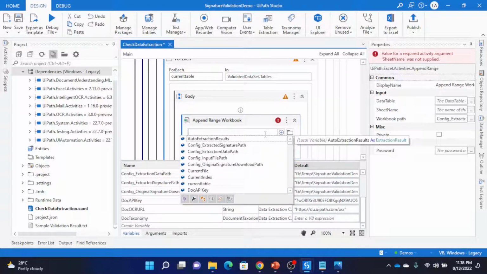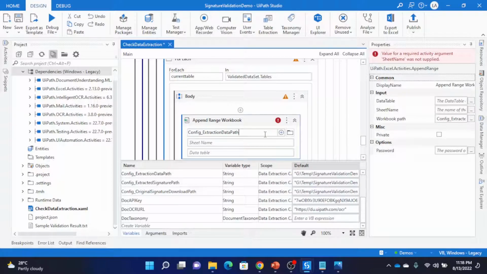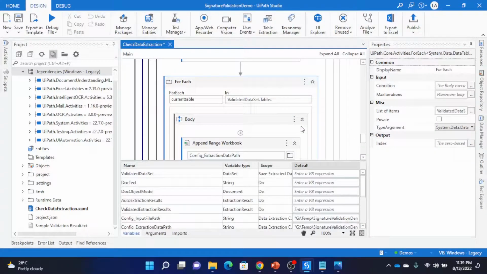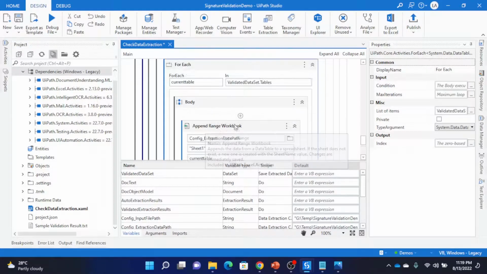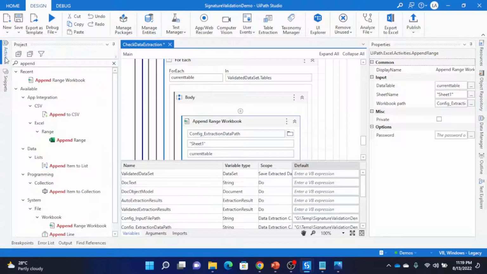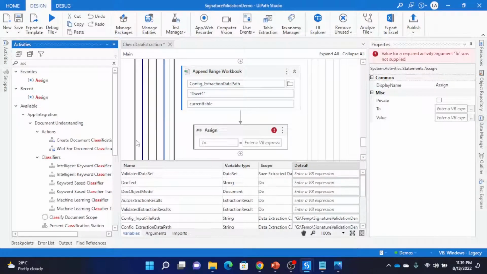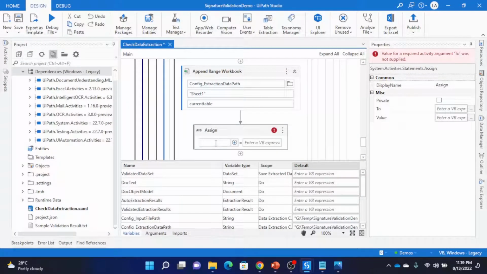So it will be in a single Excel file, everything we extract. Hit one and current table. So for this for each, we need to change the type argument to data table. And in addition to saving this, I also need to take the name of this person, because we need to compare that with the signatures. So let's try to get that